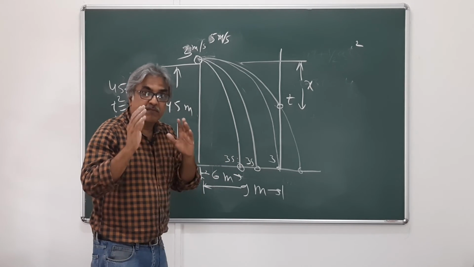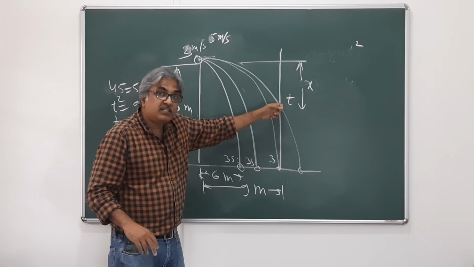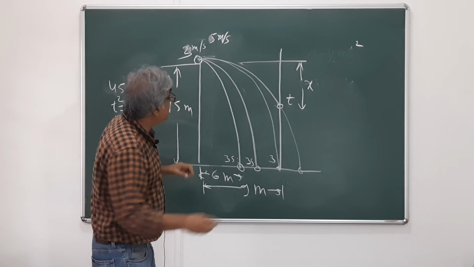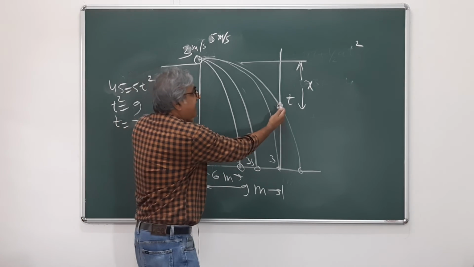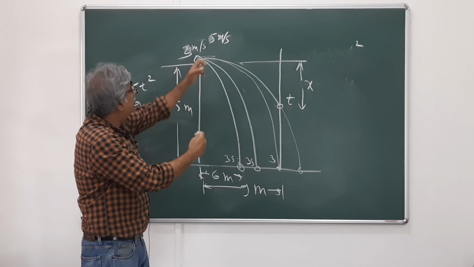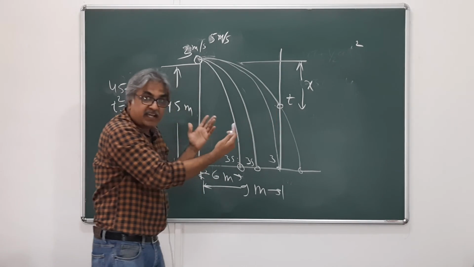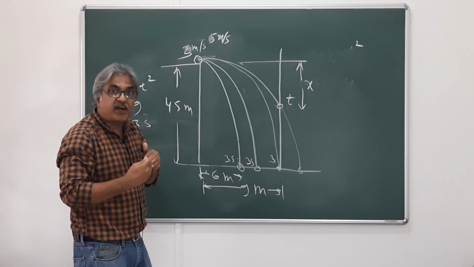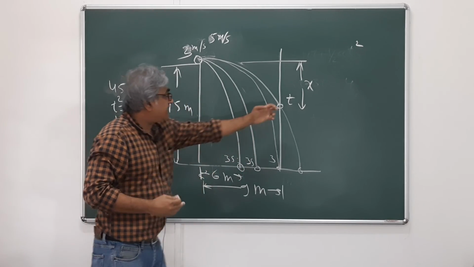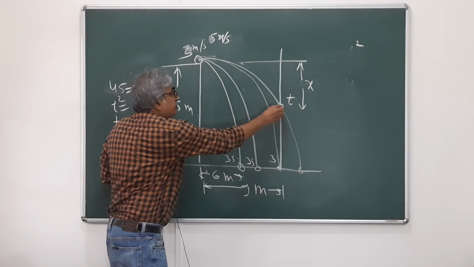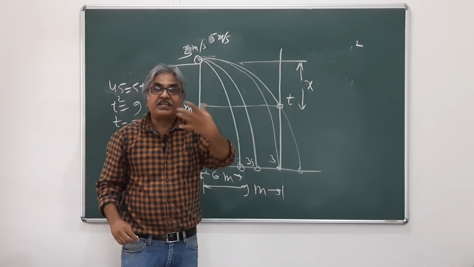To proceed here, we should remember that although the ball has not reached the ground, and hence the time required for it to reach the wall is less than 3 seconds, it has already traveled this horizontal distance, and this distance is 9 meters. So you know the velocity, which is 5 meters per second, and the distance traveled, which is 9 meters. So 9 meters divided by 5 meters per second will give you the time. And once you get the time, you can find this height again using h equal to 5t².